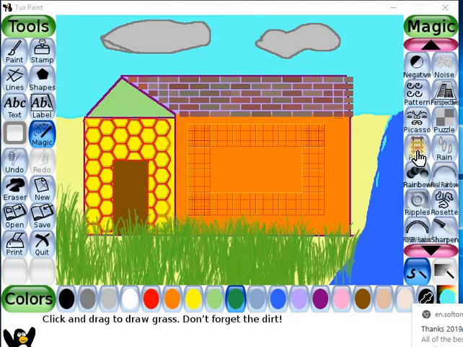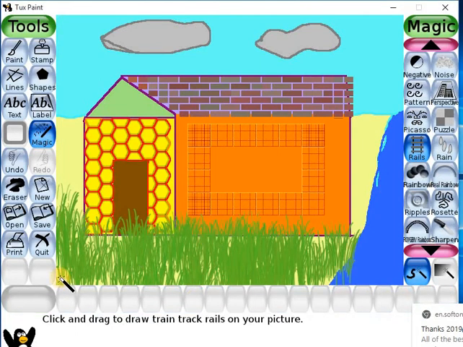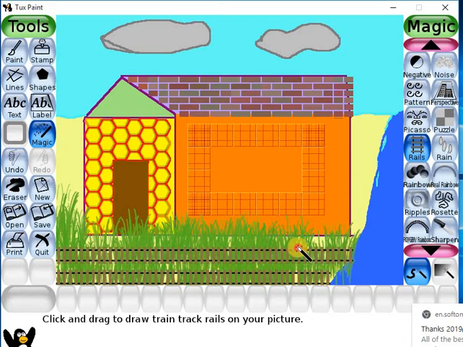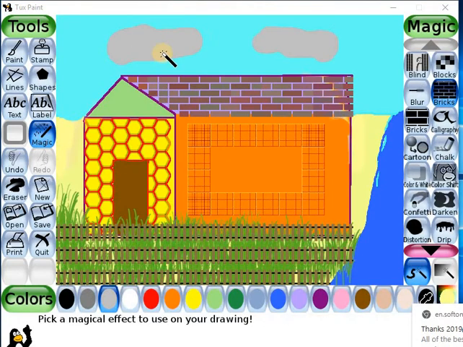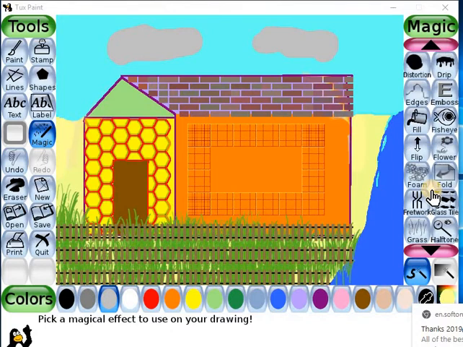Use these rails in making the boundary. Now in the clouds and in the river, let us use the smudge tool to make them more realistic.